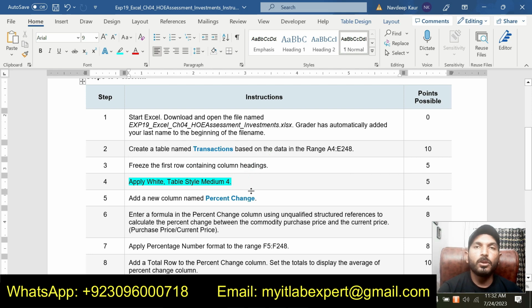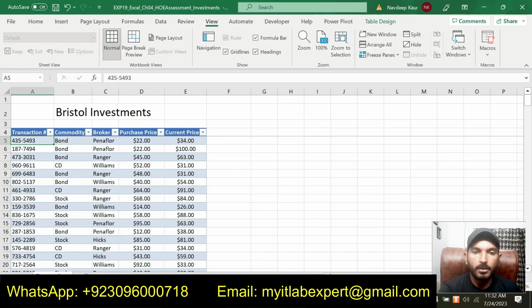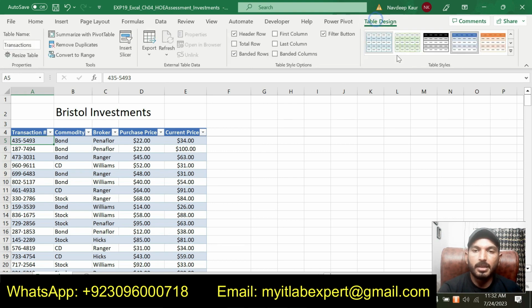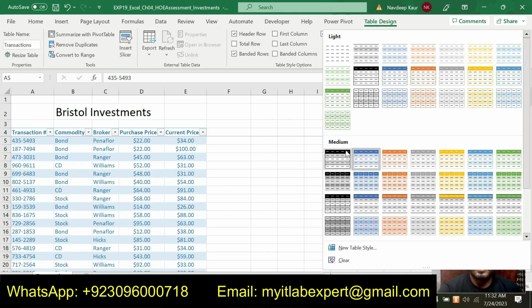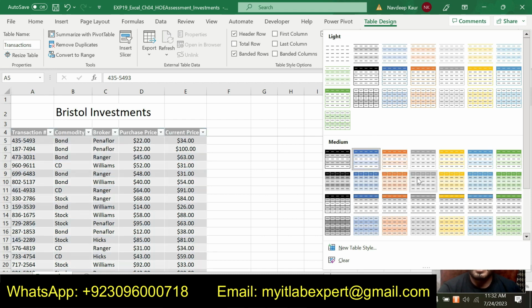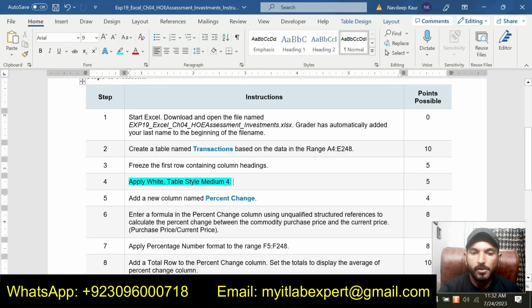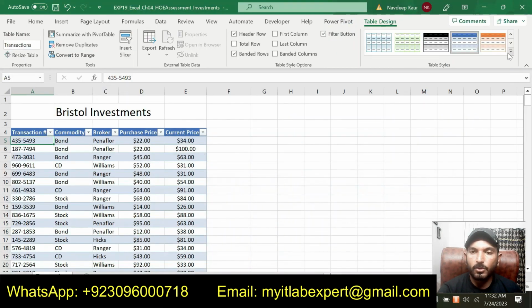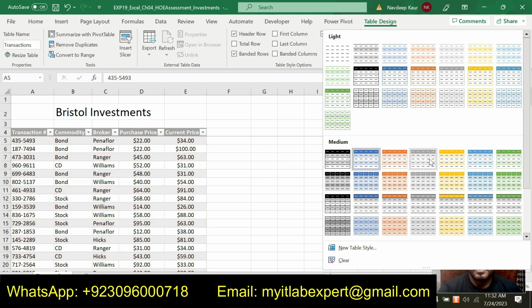Next step is step number 4. Apply White Table Style Medium 4. Now we are supposed to change the style of this table and that should be White Table Style Medium 4. So I will go to Table Design and we will go to the medium styles, White Table Style Medium 4.